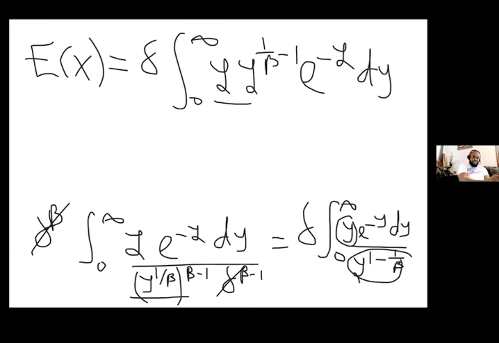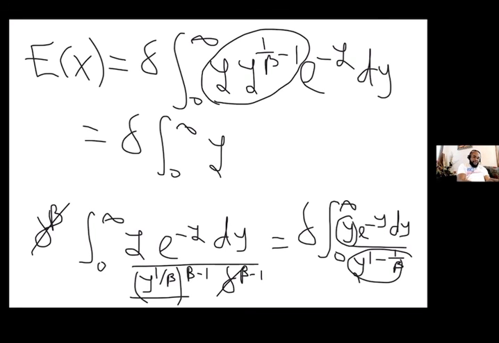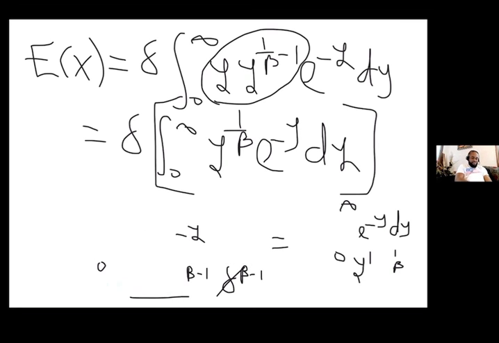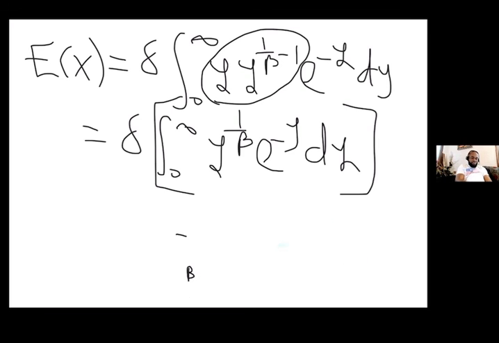Combine this guy, 0 to infinity, y raised to power that. Look at that. You combine that, then this, the y. Can somebody tell me, using the gamma function, what is that going to give? The one in the parentheses. Can somebody tell me, using the gamma function, what is it going to be? Gamma 1 minus gamma, gamma 1 over beta plus 1.